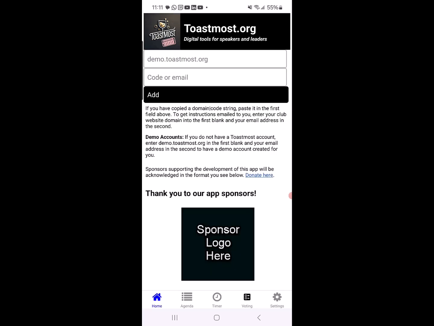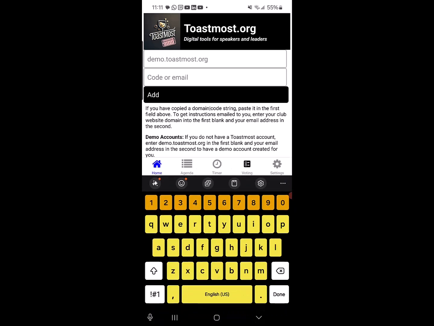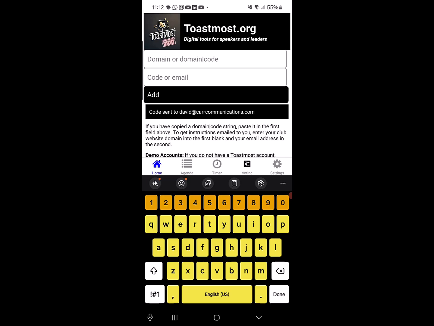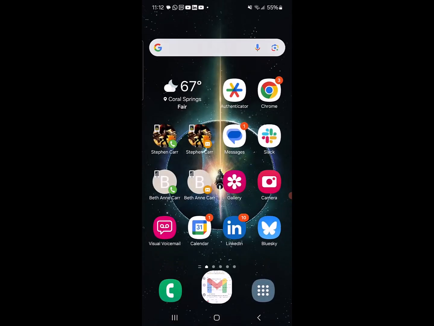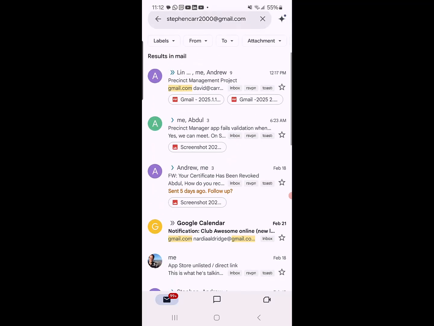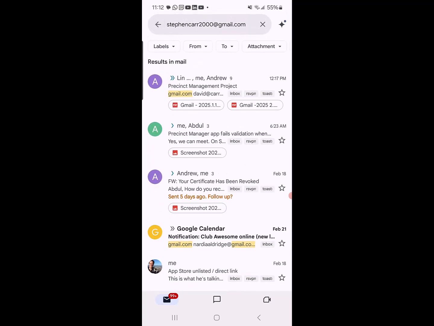And when this opens up, brand new, one thing you can do if you just want to test it, not against your own club website, but just against a random one, you can put in your email address. You can do this either with your real club website, as long as you use the same email address you use for other club business. And if it's a WordPress or Toastmost website,